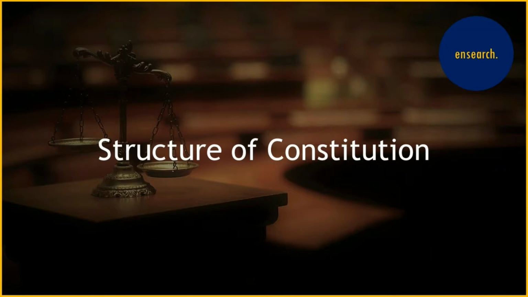Thus, to decide whether our constitution is federal, unitary, or quasi federal, it would be better to have a look at the contents of the constitution. The essential features of a federal polity or system are dual government, distribution of powers, supremacy of the constitution, independence of judiciary, written constitution, and a rigid procedure for the amendment of the constitution. The political system introduced by our constitution possesses all the aforesaid essentials of a federal polity, as follows.